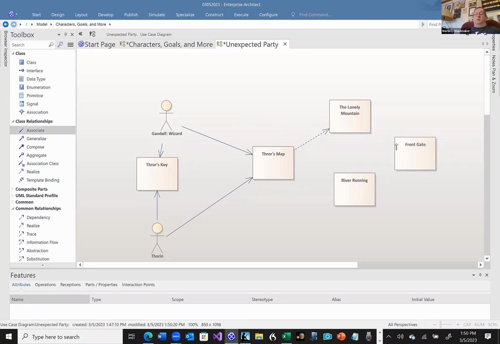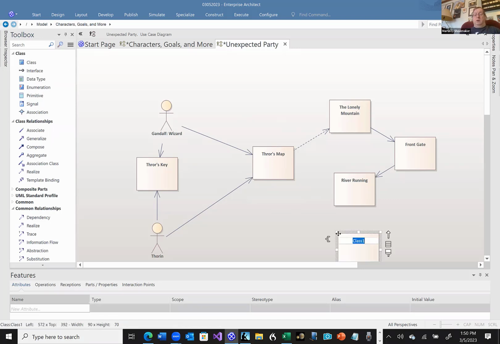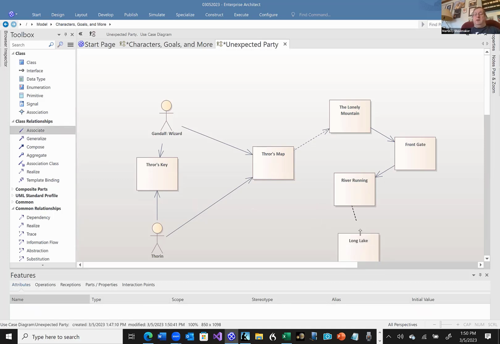Kind of cool how the river comes out from the underground that way. And the river running eventually runs into Long Lake. And along the way,